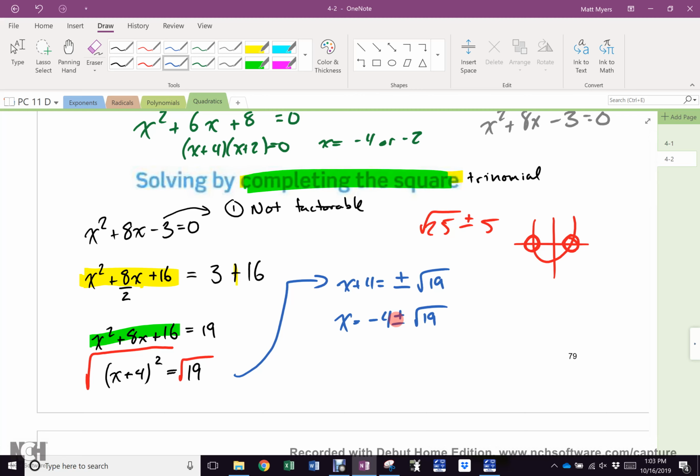So now we're going to just estimate, because at the end of this unit we'll be answering real-life questions using quadratics. So what is about the square root of 19? It's a little bit more than 4, right? It's about halfway between 4 and 5, but a little less. So 4.4 is cool. So this is either -4 plus 4.4 or what? Minus 4.4. So what are our values for x? 0.4 or